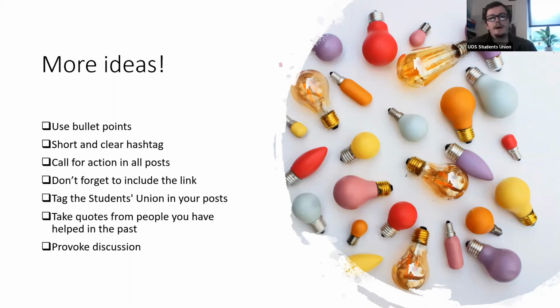I'd think about who you're getting quotes from. So, for instance, if you've got a manifesto point that you want to improve conditions in a certain way for postgraduate students, it might be a good idea to have a quote from a postgraduate student that says that they think that's a really good idea and that they support you to run for that. So yeah, be clever about who you get quotes from and how you use those, because if you want to do something for a certain group of students, it's probably good to demonstrate that you've got some support from those students as well.